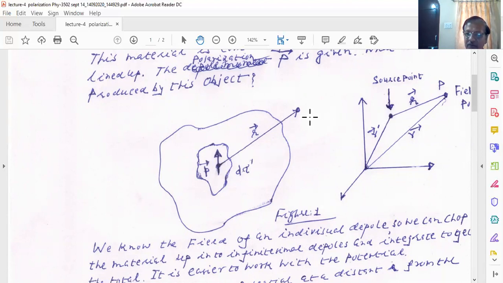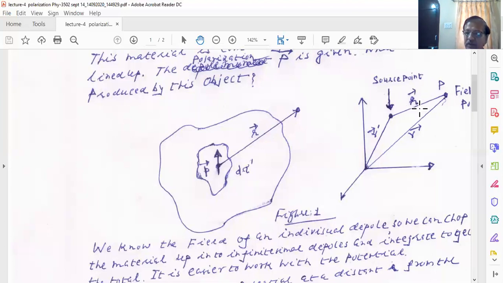Then you have your point P where you want to calculate the electric field, or a field, I would say. The distance between the field point, this is known as the field point, and this is the source point, which we have already discussed in my previous classes also. So the vector from the source point to the field point is defined by a vector r, and I am writing the notation of this vector r. Please note this down.